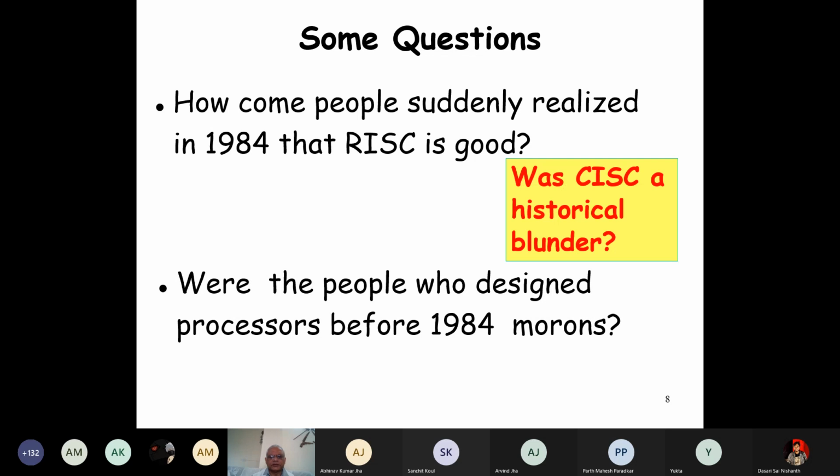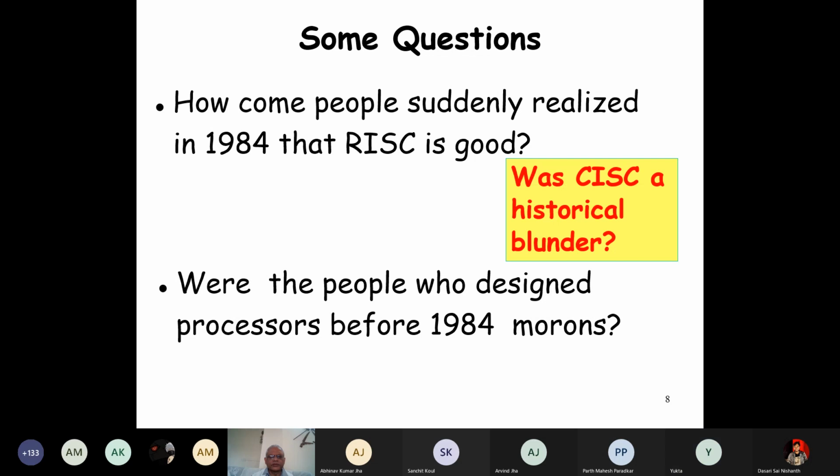Now let's proceed with what we were discussing last time, that RISC was a landmark, 1984. They said that the processors now have too many instructions, too many addressing modes. That's not good. Reduce the number of instructions. Select only the frequently used instructions, and the other instructions can be written in terms of these instructions. And have only a few addressing modes.